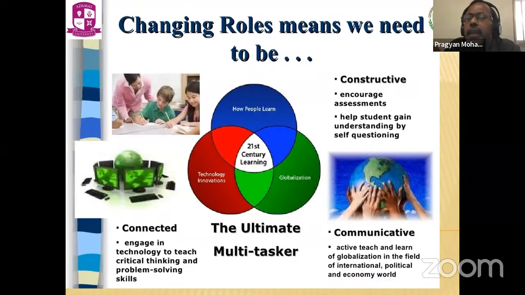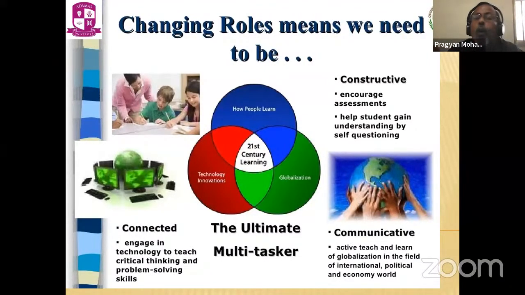I am not considering the teacher as a teacher. I am considering him as a facilitator. I am not focusing on a one-to-one direct talk, deliberation, or lecture. I'm focusing on the activity. And that activity is not only a manual activity, it may be a different activity where they can utilize the